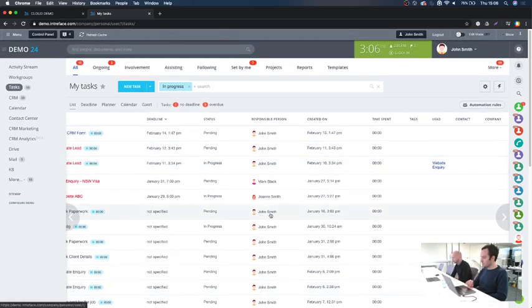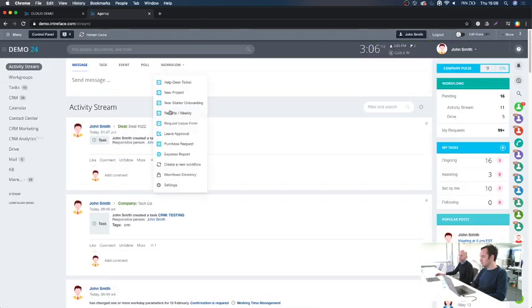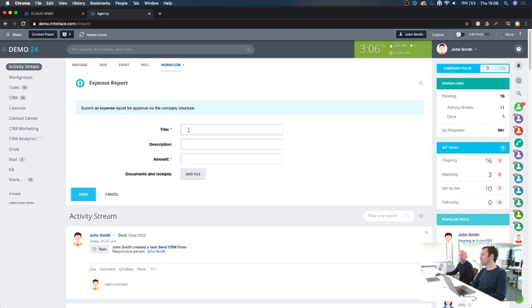Is it possible to approve or decline expenses from a project in an email rather than entering Bitrix? Let's have a look what we've got set up. I don't think we've got any set up that does this. If you're looking at something like a workflow, purchase request, expenses report, we have a business process. I think this is a standard process that's shipped with Bitrix, and essentially it allows someone to put in a request